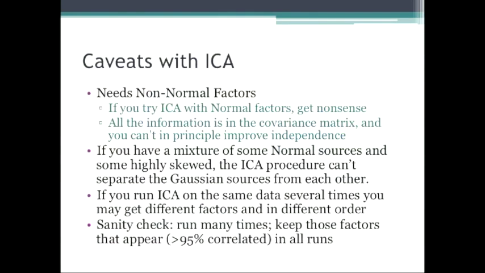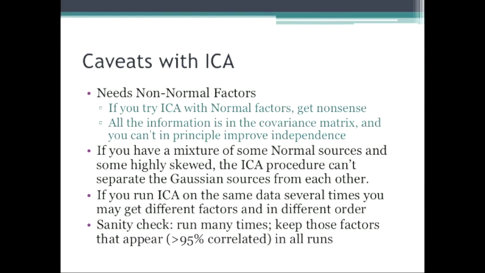Now, I like ICA, I use it, but you should be very cautious. Again, after you've done your ICA, you should look at the distribution of your scores. And if they look Gaussian, you've probably got nonsense. There have been a number of papers published, especially in the fMRI literature, using ICA, where it's very trendy, getting some very strange results, meaning all of their factors have Gaussian distributions. So I don't really believe any of those papers.